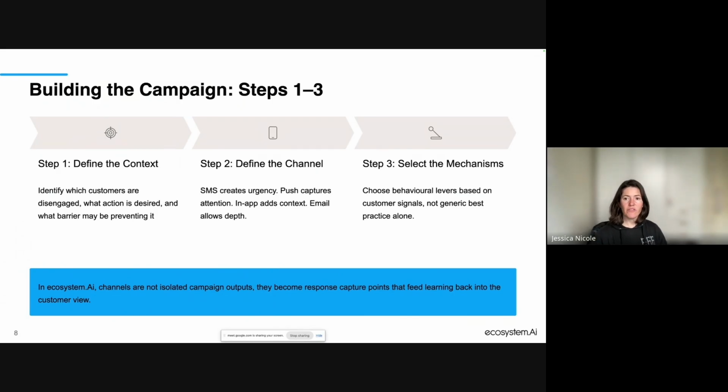All right, and then for step 3, you will select your mechanisms. Now, if we use Make a Toolkit as an example, there are a vast number of mechanisms out there, a hugely vast number of mechanisms. And each of them has a very important place and a very important role. Some of them speak directly to triggering people's biases.